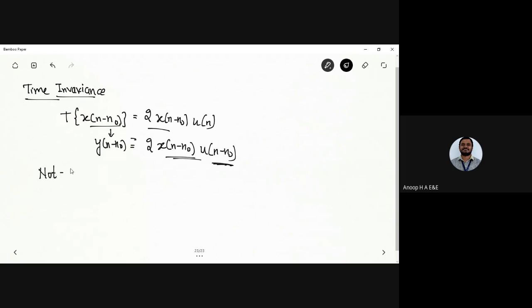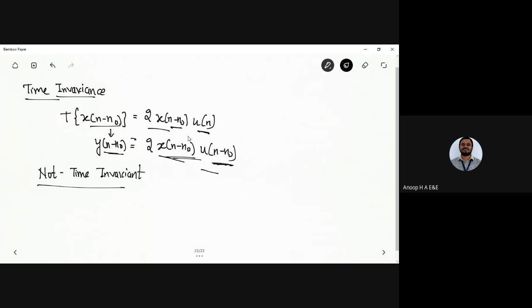So we are going to call it not time invariant. If you see here, I shifted with respect to output. The output should change, but once I shift the input signal, this will not change here. Got it? If you observe both the things, it is not equal to T of x of n minus n naught there. So that is the reason why we are going to call it not time invariant.